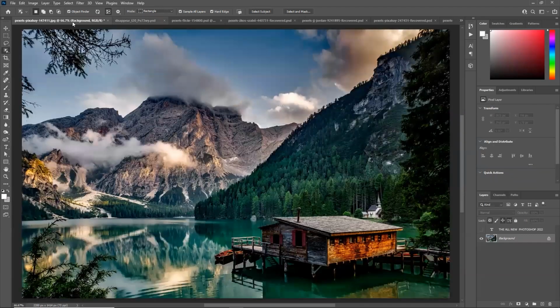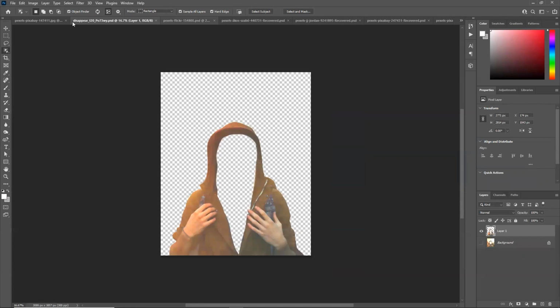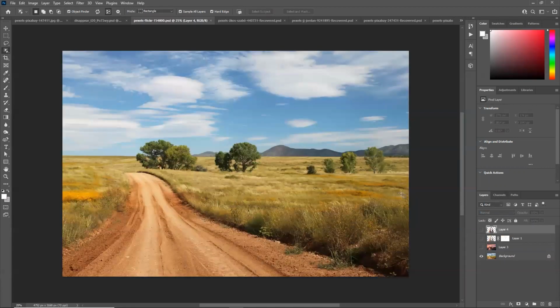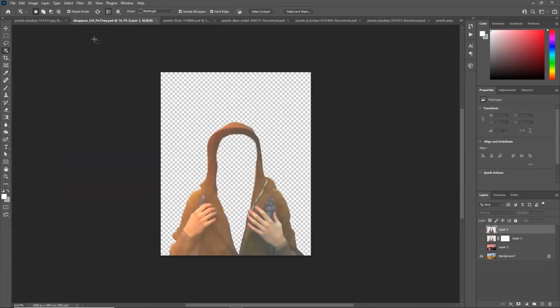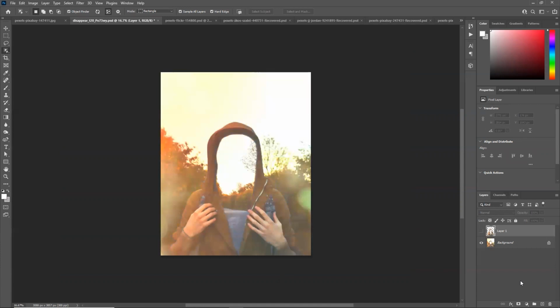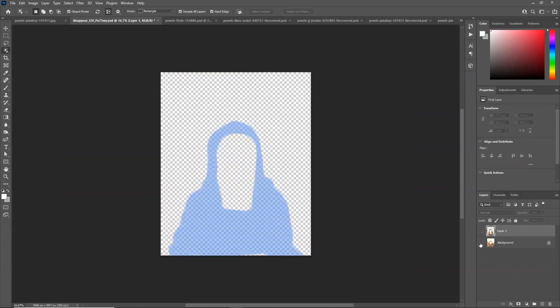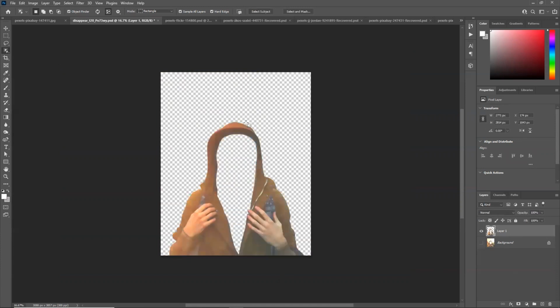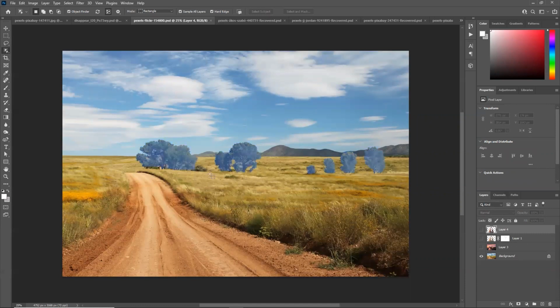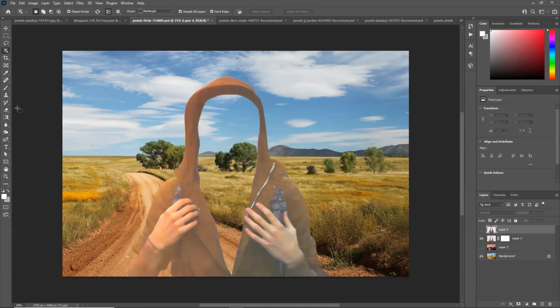So let us now check another thing. Let us check this particular image. So I have already selected this object from this layer using Photoshop's selection tool, and it is selected in this layer. Okay, great. So now I will go to this layer and I have added this character over there.